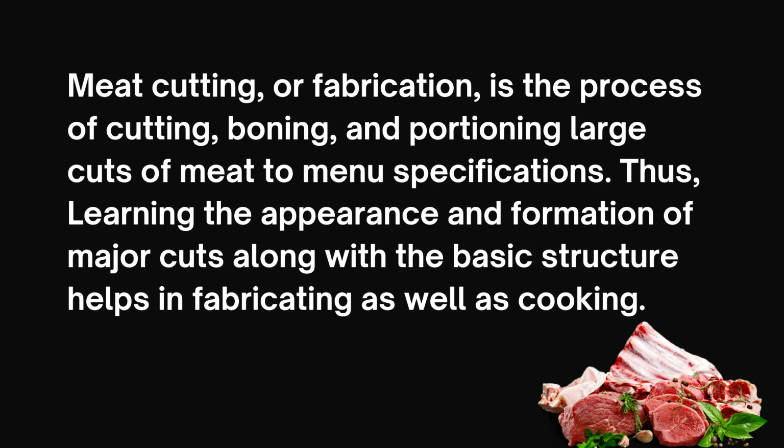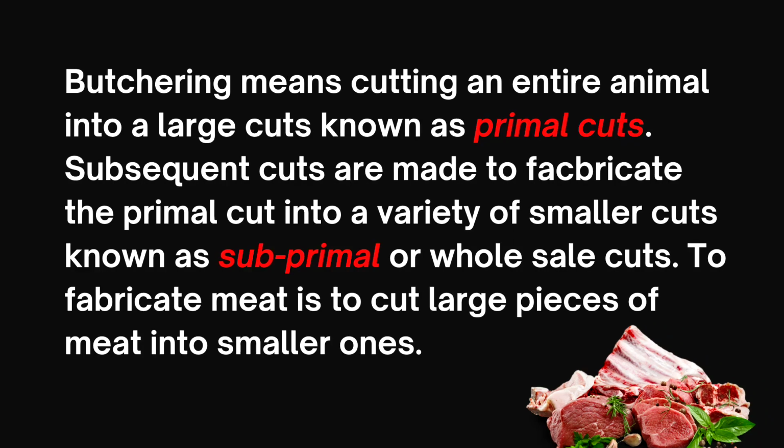Thus, learning the appearance and formation of major cuts along the basic structure helps in fabricating as well as cooking. So butchering means cutting an entire animal into large cuts known as primal cuts. Subsequent cuts are made to fabricate the primal cut into a variety of smaller cuts known as subprimal or wholesale